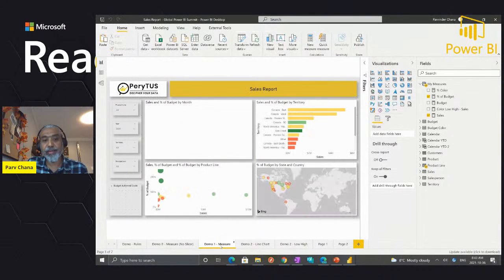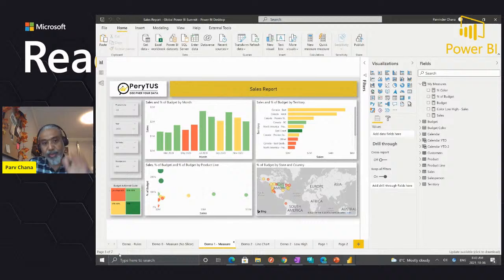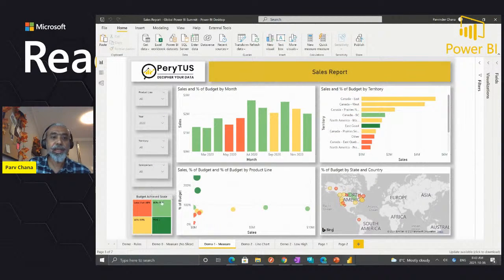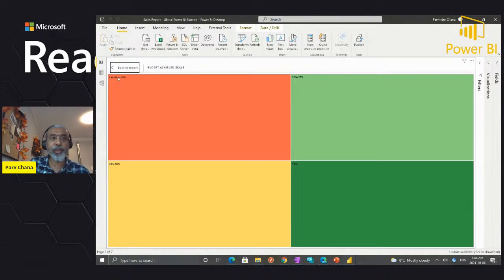So we can take it to the next level. Now, for example, here is the same page. Everything is the same, but what I've done here is, from that particular table, I created this as a slicer, right? It's now showing you, if I highlight it, okay, anything. So it's become a legend, right? It's showing me anything less than.